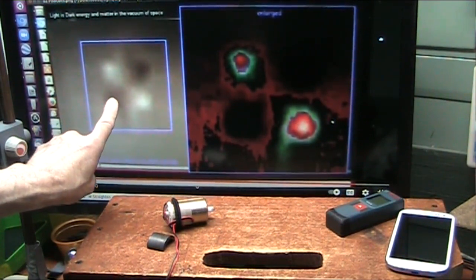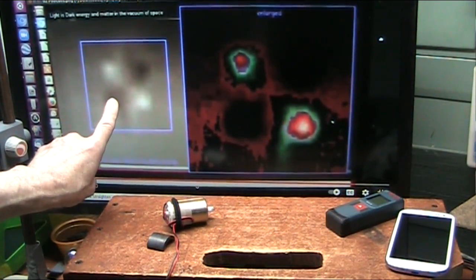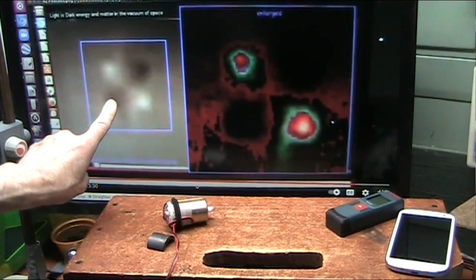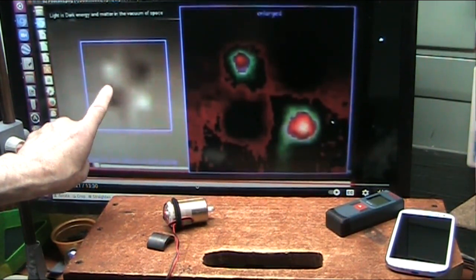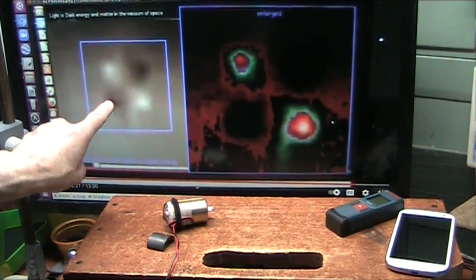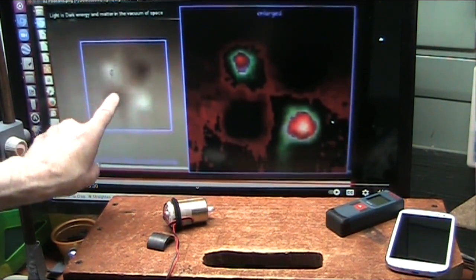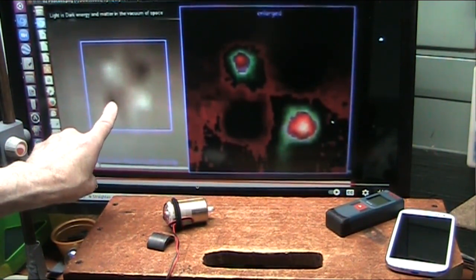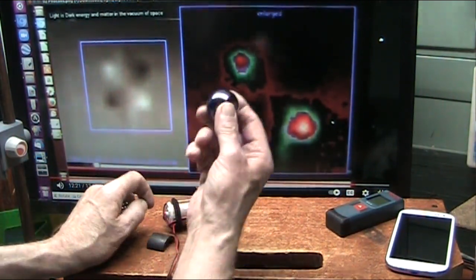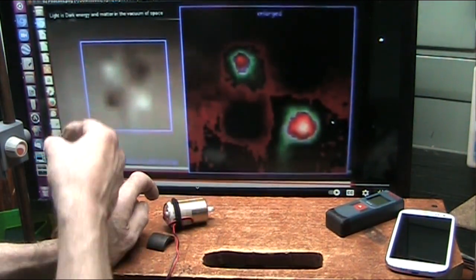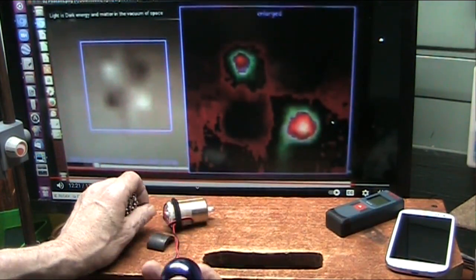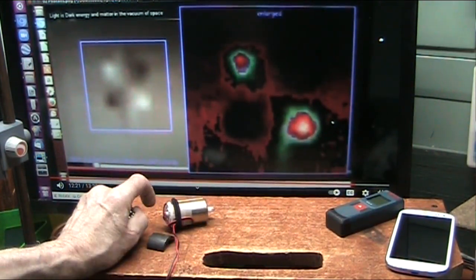Although we did find something that was very strange, and I can't put any name to it whatsoever, and I can show it to you, but it was a killer. I don't know what it is. But anyway, these are the elementary particles, because I know they can come apart. You saw them come apart. So we know that light can be these particles, and I'm telling you what, right now, light makes everything.